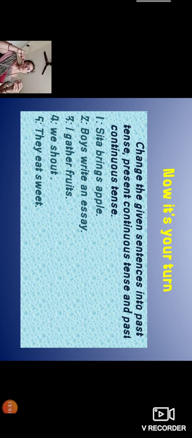If you want, I'll tell you the past tense of the verbs given over there, because the ing form is very easy, right? So I'll tell the V1, V2, V3 forms. Still I have not told you how to use V3. In the next video, I'm going to tell you where we have to use the V3 form, that is, the past participle. Now you are aware of where to use the present form, that is V1, the past form, that is V2, and the present participle, that is V4. So I'll help you out with the changes of the verbs here. You are going to change the sentences into past tense, present continuous tense and past continuous tense. See, brings, bring, brought.